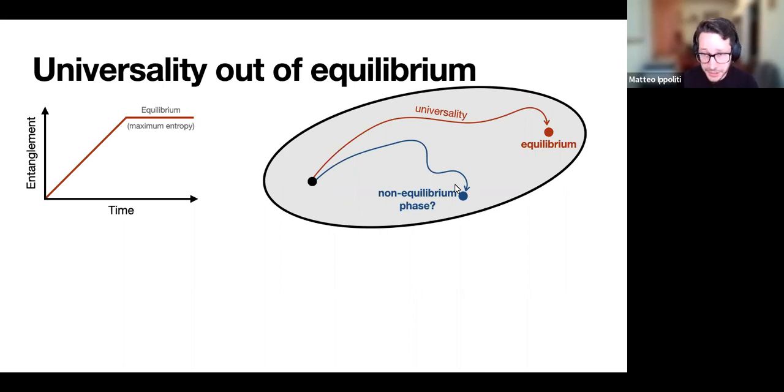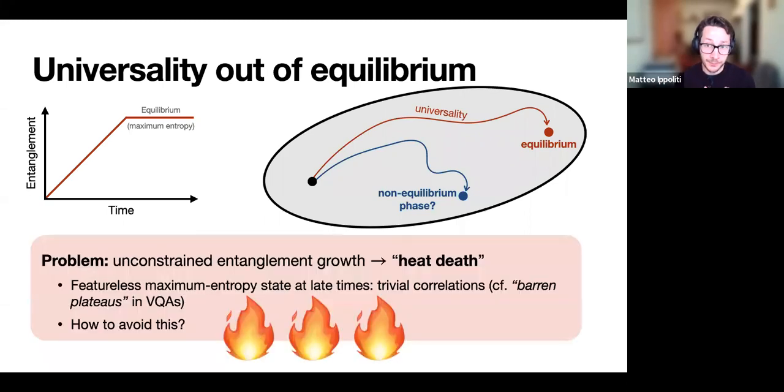So here, the first problem that one runs into is this growth of entanglement over time that generically arises in interacting many-body systems. Precisely as a consequence of this unconstrained growth of entanglement, it would seem that the answer to this question is negative, because as entanglement grows without bound, we eventually saturate towards a maximum entropy state, which is our only fixed point. And once that happens, there's no hope of having interesting correlations in our state, essentially.